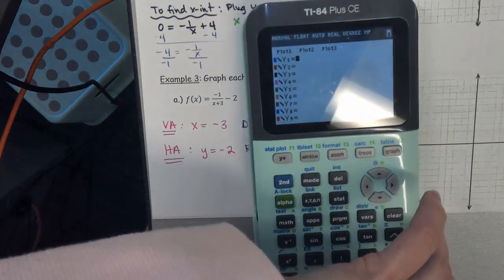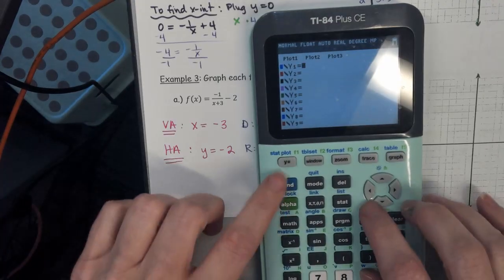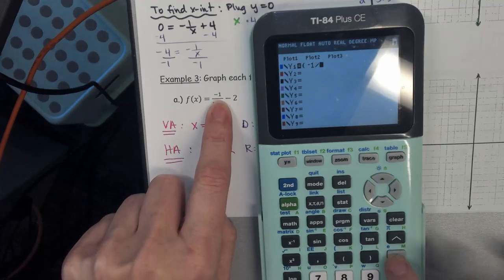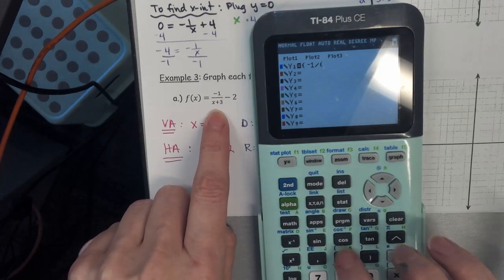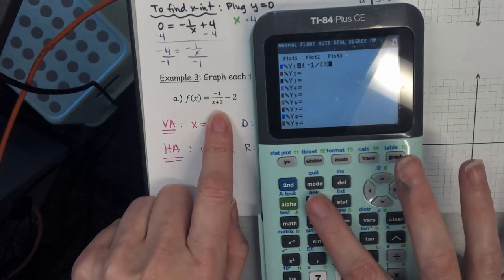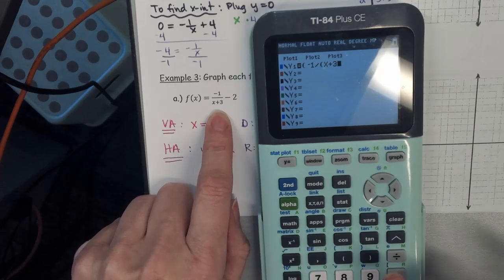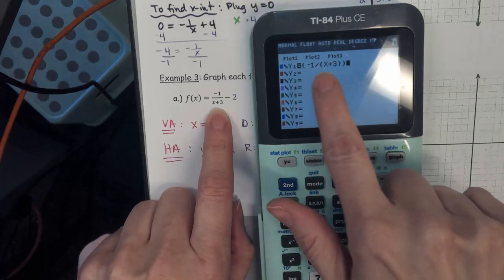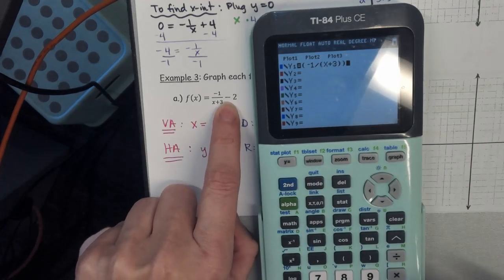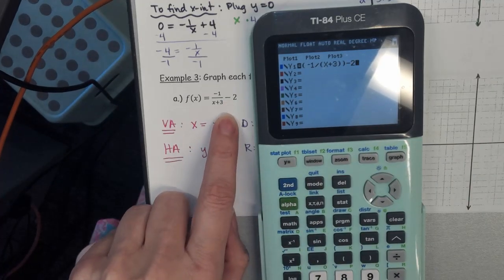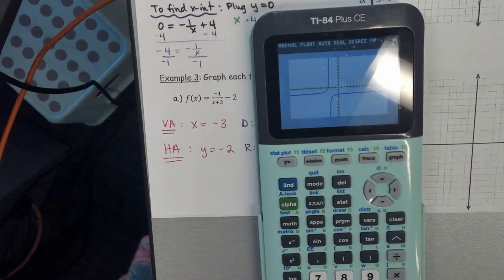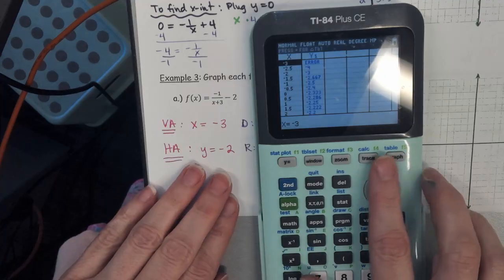an error, okay? So when I plug this in, because there's a negative on top, I'm going to put this in parentheses, and I'm also going to put the denominator in parentheses. You have to put the denominator in parentheses here because it's a binomial. You also want this whole thing in parentheses because of the -2 is on the outside. Okay, and then you can take a look at the graph so you can see where the branches are. And then for your table,